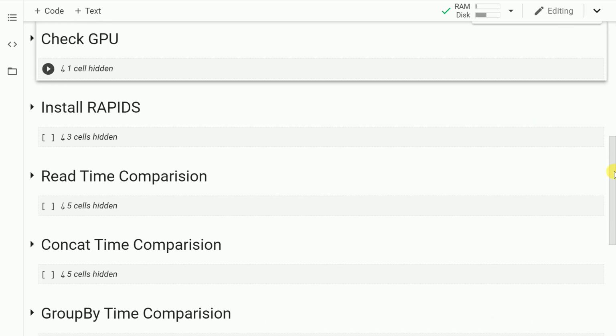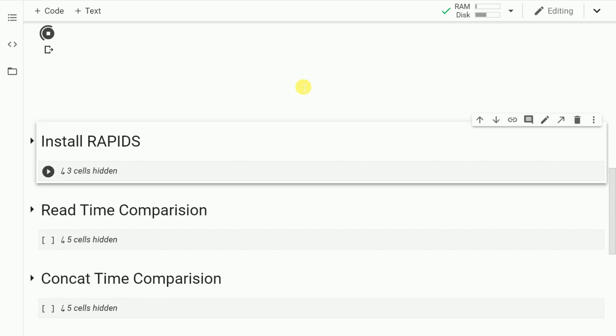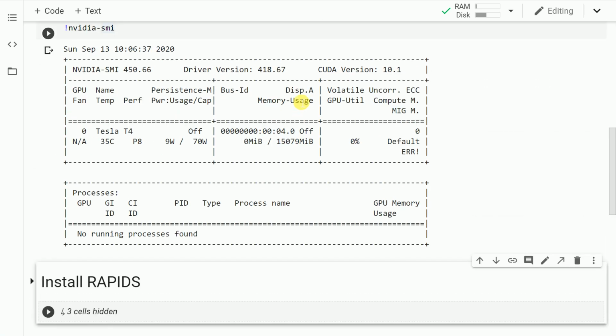So the aim of this video is to bring out the total uplift that you can see with respect to performance when you start using CUDA data frame over Pandas data frame. But before you go on to do that, you will require an active GPU session, which is what I have enabled when I started Google Colab. Let me run a command to find out which GPU has been allocated to me. So the command that I'll run is nvidia-smi. So as you can clearly see, I've been allocated Tesla T4, which is one of the acceptable GPUs for the cuDF library. So let's proceed forward.